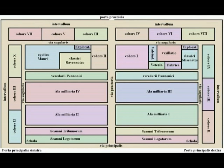So in this area of the camp, there is also the hospital, the valetudinarium, from valetudo, so the health properly, the veterinary clinic for the animals, the veterinarium, and carefully distanced from the hospital, not to disturb the patients, the wounded, the sick, the fabrica, that is the workshop of the carpenters and smiths, proposed to the construction and the